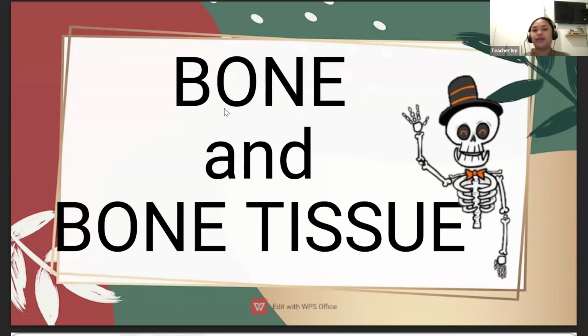Now, before we proceed to this continuation of our lesson, let us try to recall what are the different types of bone according to shape. Can you give me at least two types of bone, honey? Two types only, honey. Since I am seeing Chicha eating her dinner, shall we have honey first? Can you give me at least two types of bones according to the shape? Okay, teacher. Compact bone and spongy bone.